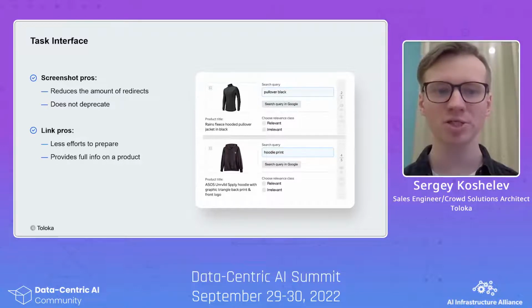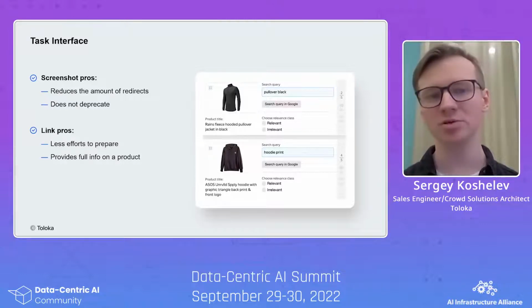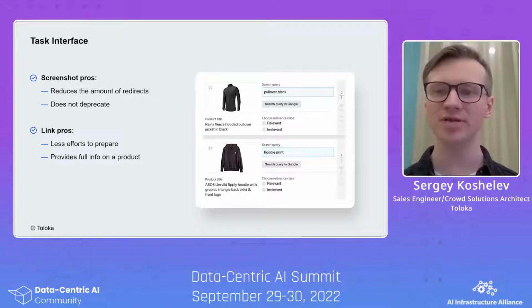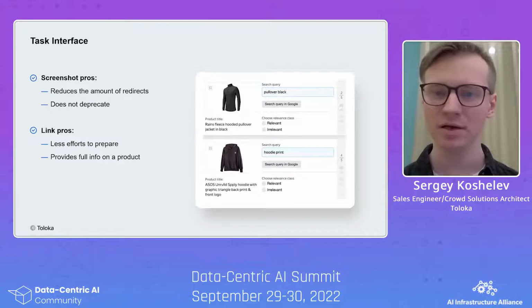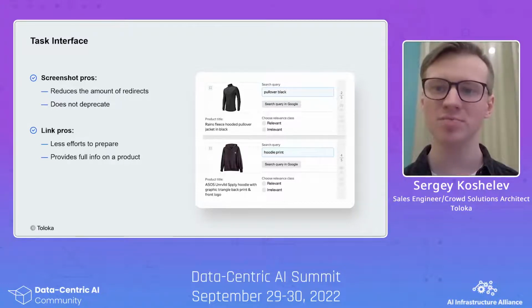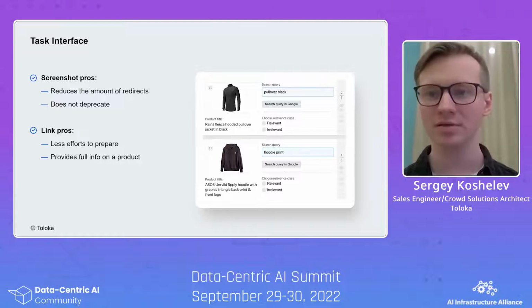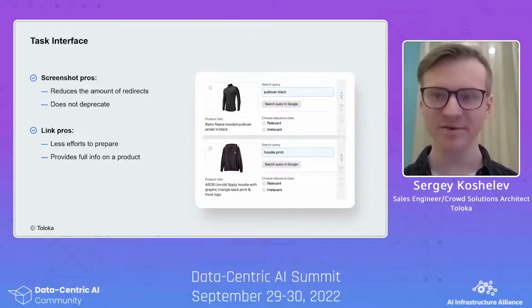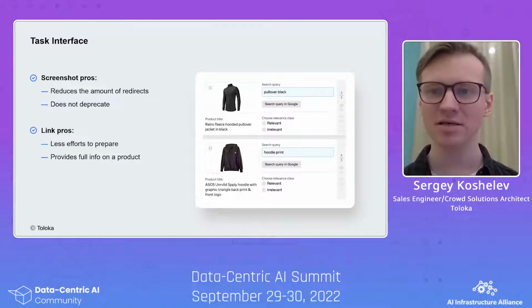And there are several approaches here. For example, using screenshots or using links to the products. So the pros of the screenshot approach is that it reduces the amount of redirects from your task, because it will be way faster if all the information needed for annotation is contained in your task interface. And the screenshots don't change, which means that when you have a dynamic page,